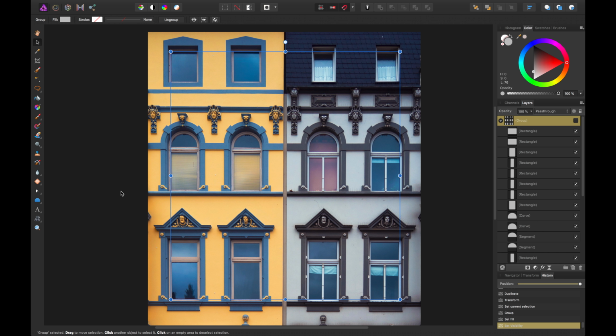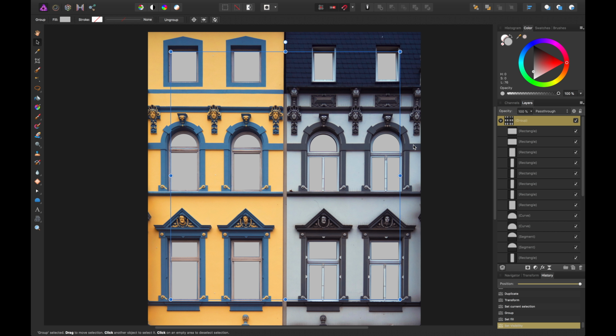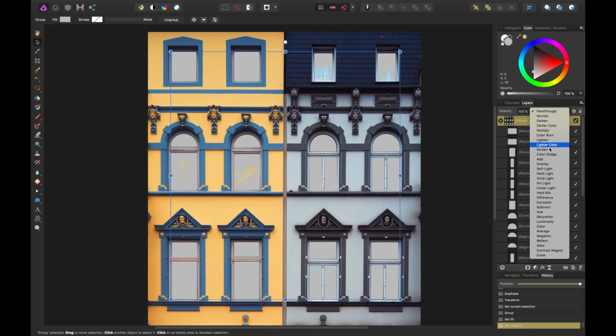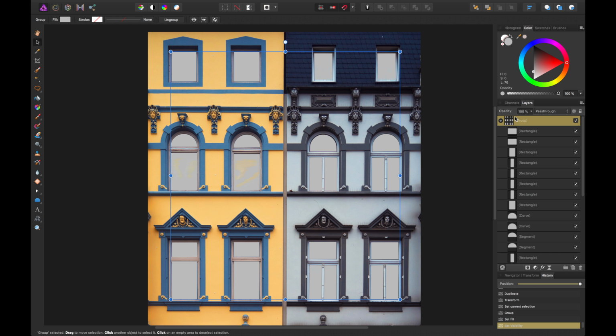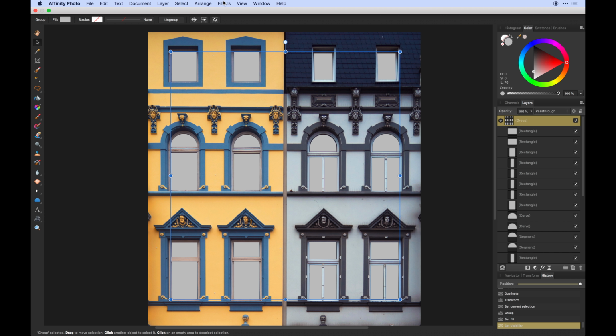So there's quite a few different glares going on in these windows, and say you wanted just one overlying glare direction or scope. With doing that, you need shapes to mask that too. So you can create all these shapes. I grouped them as you can see here and just filled them with a light gray color. And eventually we're going to add a blend mode of overlay on it, and that still allows the window itself to seep through that color, but we're adding a bit of depth and hue to it to give it a different effect. So the strength in this approach is where we add our own lighting,